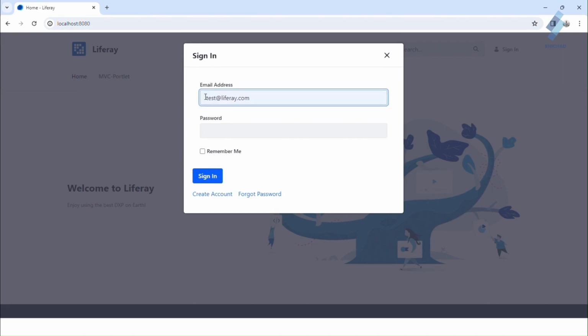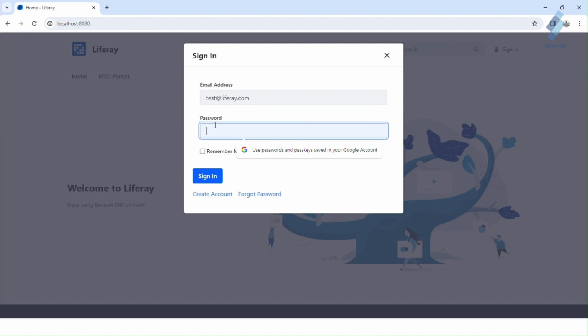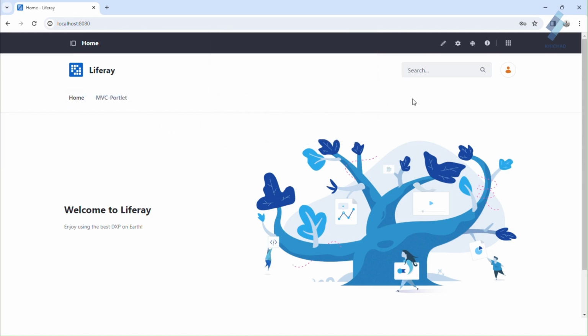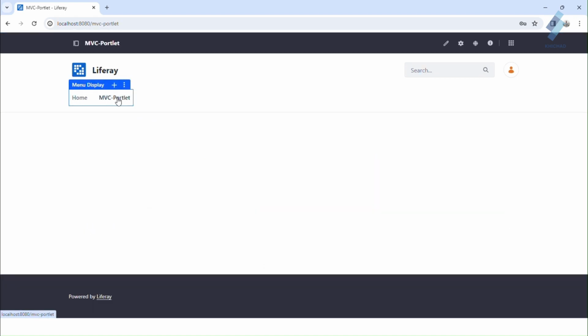Enter the login credentials and click on Sign In. After the login, you can go to the MVC portlet page and edit your page.